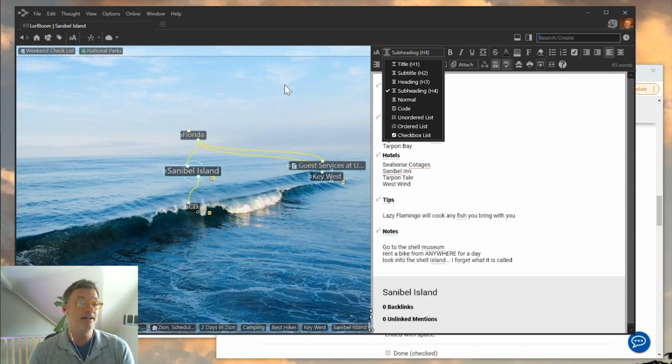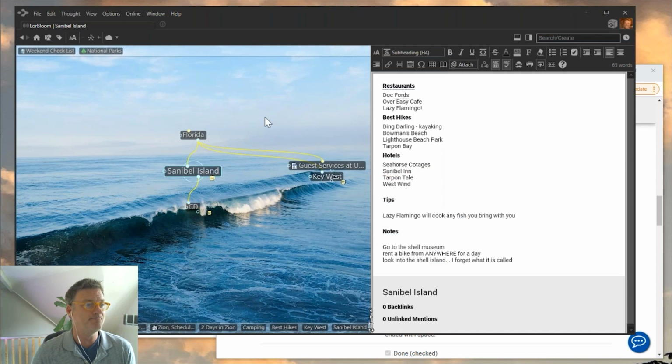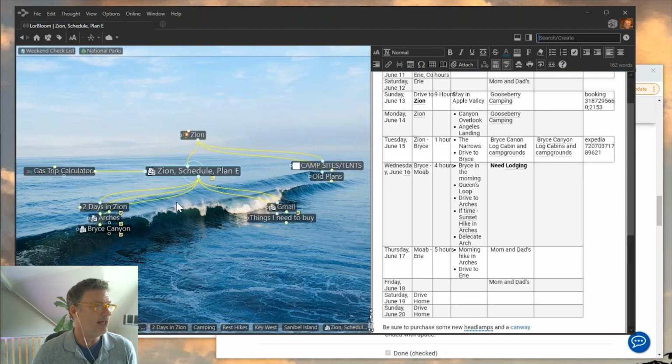I'll often find them useful when I create a new thought and it's showing me wherever that thought appears within the note content of my brain. So let's go ahead now and talk a little bit about bringing content into the brain a few different ways, and talk specifically about the differences between bringing web content in from your desktop device and then into iOS or mobile devices as well. So I'm going to jump back to Zion, and actually under